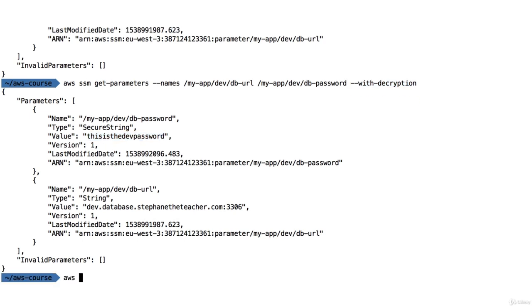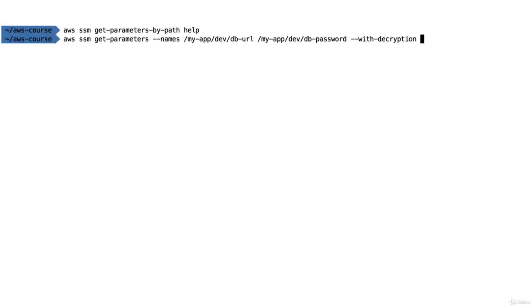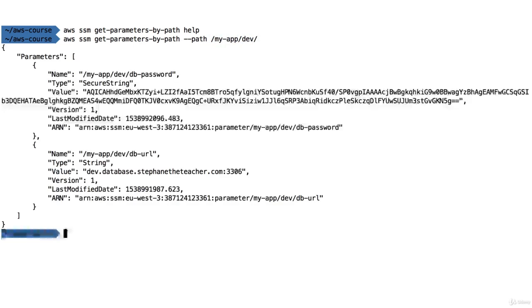The other thing we can do is do AWS SSM, get parameters by path. And let's go to the help. So the get parameters by path allows us to go through a path, and we have to provide the path name, and it has to start with a /. So if we do get parameters by path, and I'm going to delete this, I'm just going to keep my app dev, and I'll say get parameters by path, and the path is going to be this. Then this is going to query for all the parameters under this path. And this is why we have a tree structure. And what we get out of it, obviously, is the parameters we had from before.